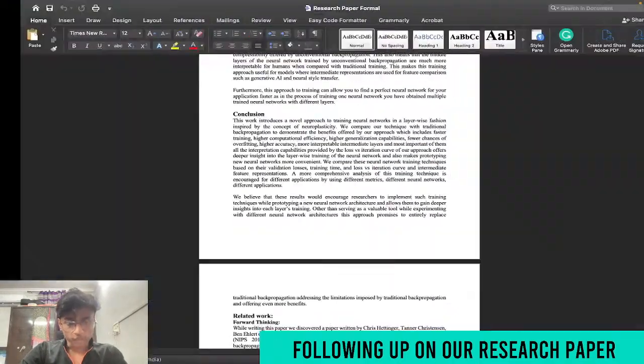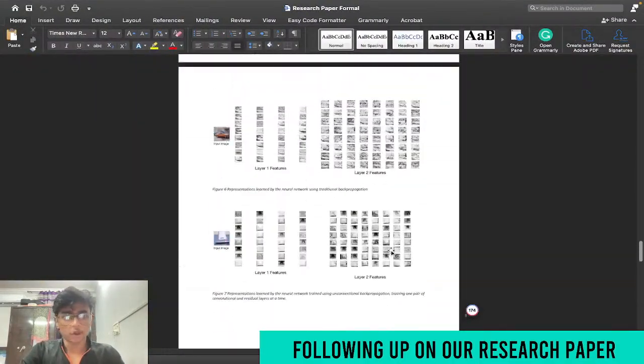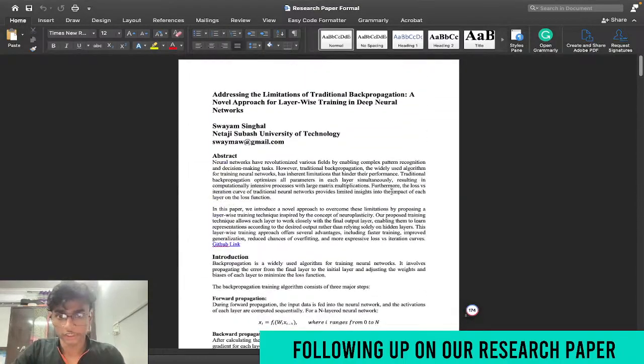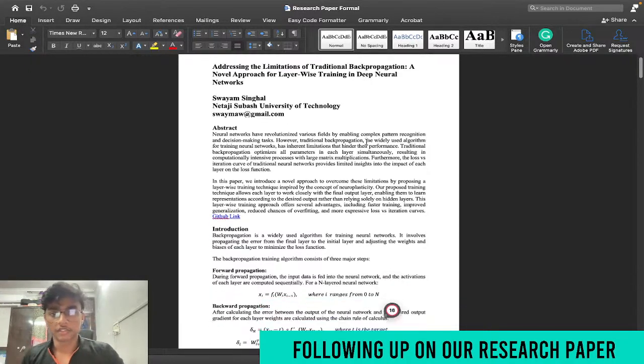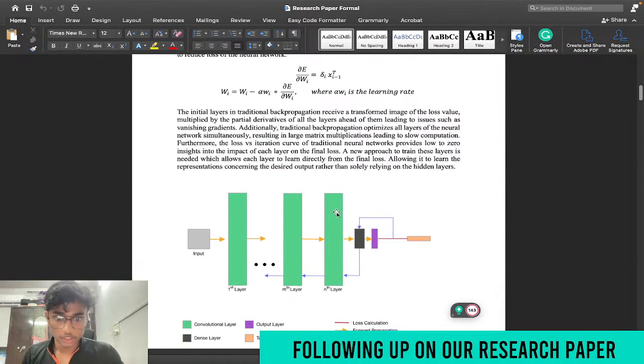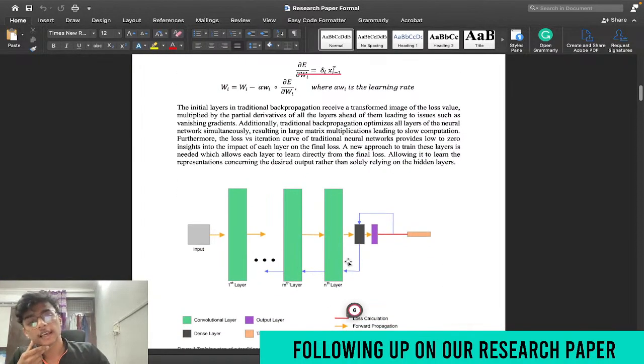Okay. So basically, this research paper is about, well, if you know about backpropagation in neural networks. In traditional backpropagation, we train each of the layers at the same time in the same iterations. What this paper is about is, what if instead of training all the layers from a single loss function like this, here is what happens in this type of training: